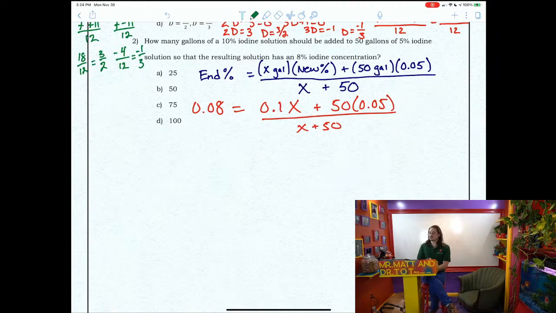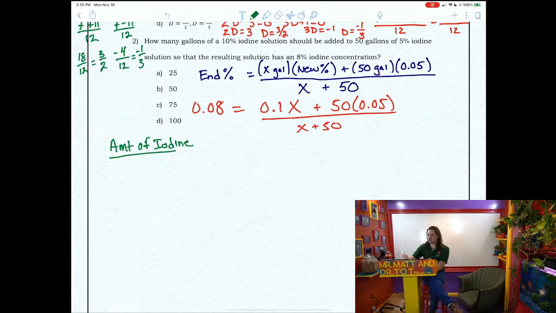So if we're trying to figure out how many gallons of a 10% iodine solution should be added to 50 gallons of a 5% iodine solution so that the resulting solution has an 8% iodine concentration, what we're really talking about here is we want the amount of iodine divided by the total volume, or let me just be consistent, let me just say the general amount of solution